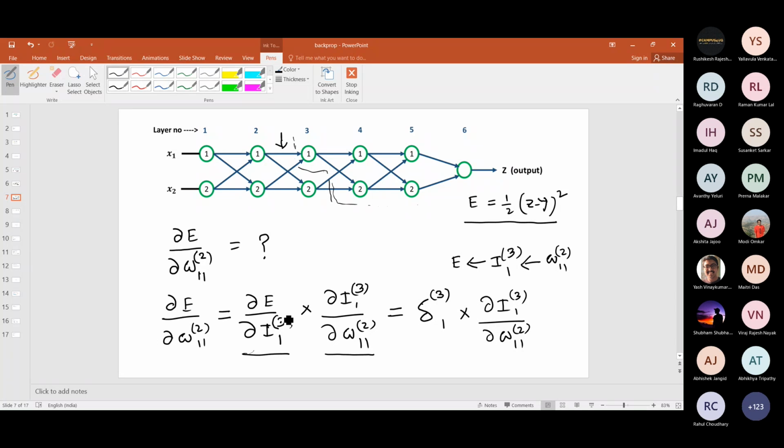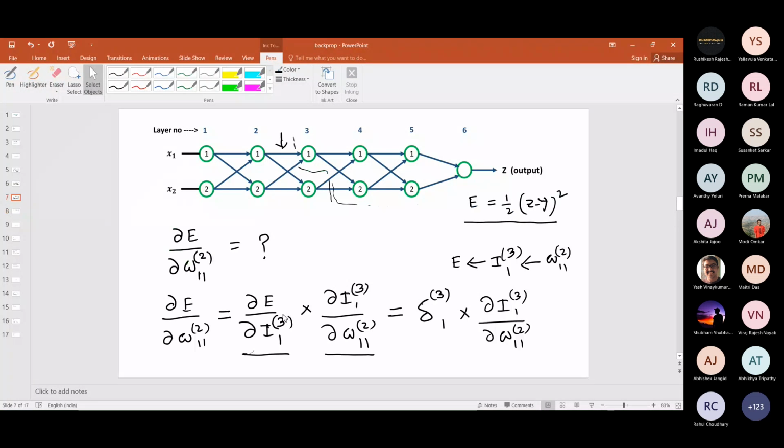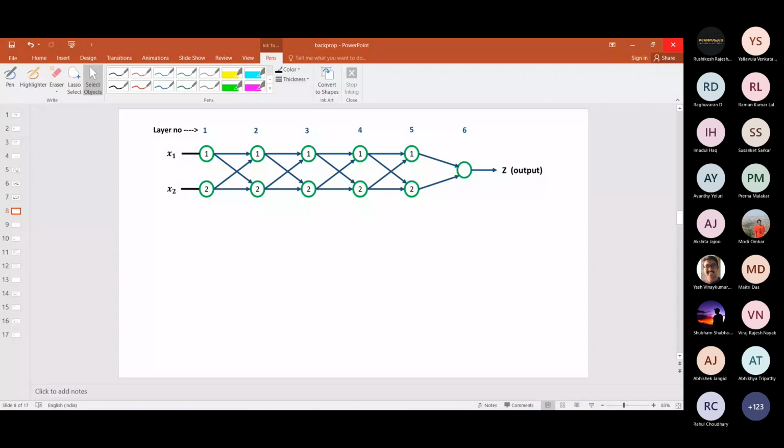Now let's look carefully at how the network is getting influenced by a particular value, and then we can very easily compute it. Now here, I just want to copy this thing. It's difficult to copy anywhere. Let me just write it down here first.